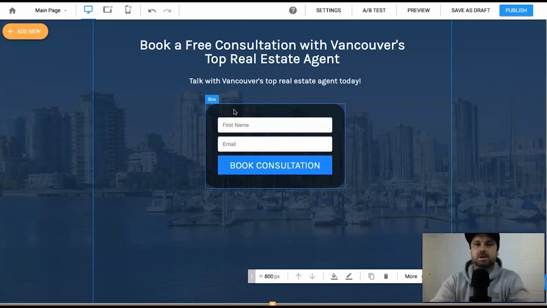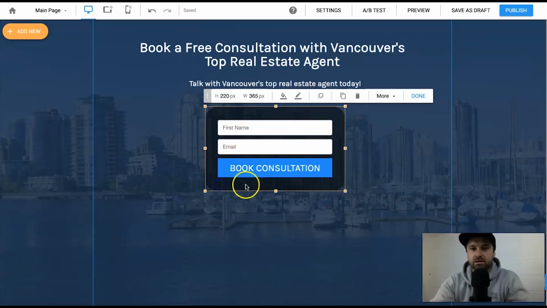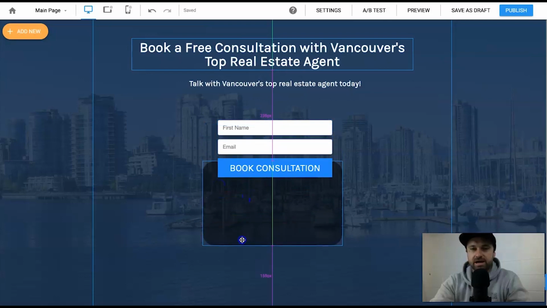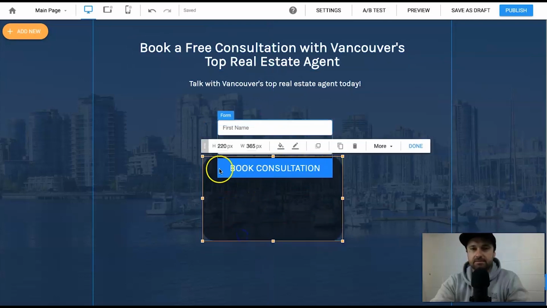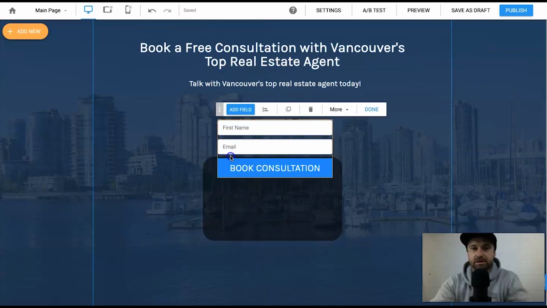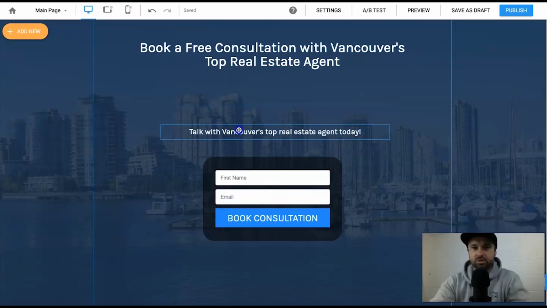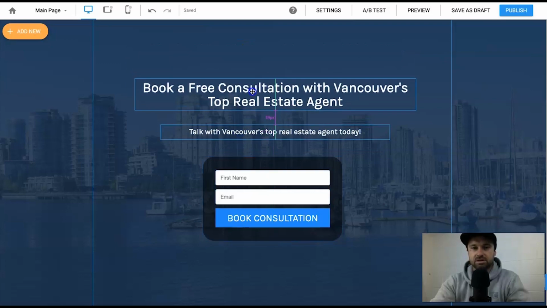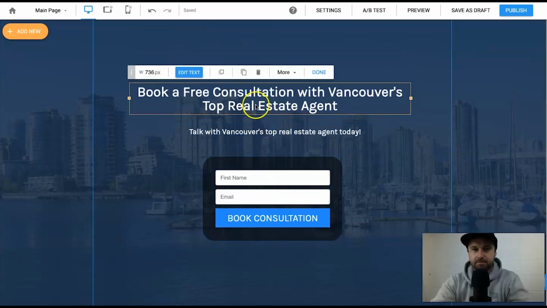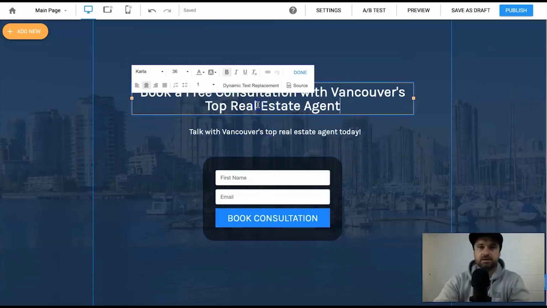Now we've just got to customize it to make it look good. So first of all, I'm gonna drag this box down a bit. It looks like we have to drag things one by one. That's no problem. Just pull those there. I will pull things down slightly just so it looks nice and centered, right? Now I'm gonna